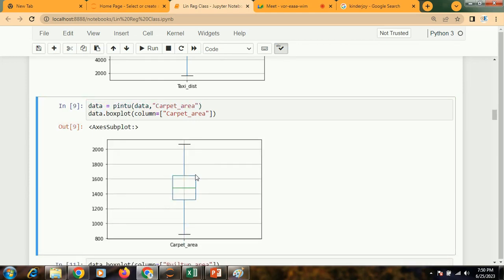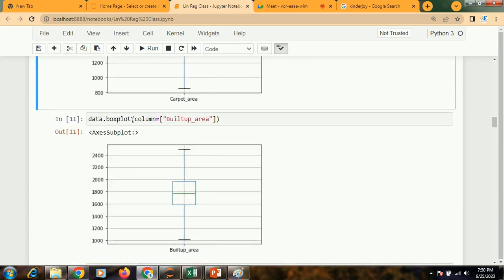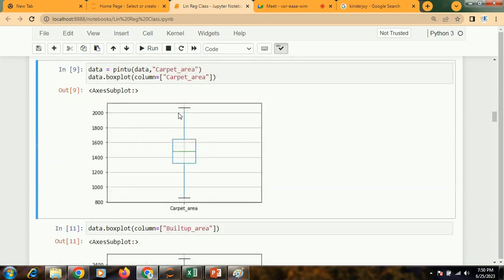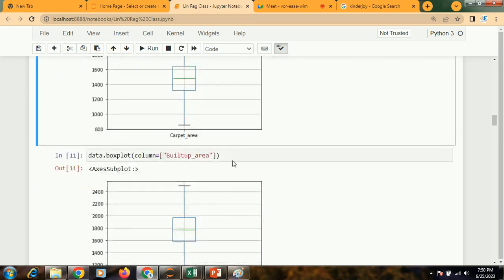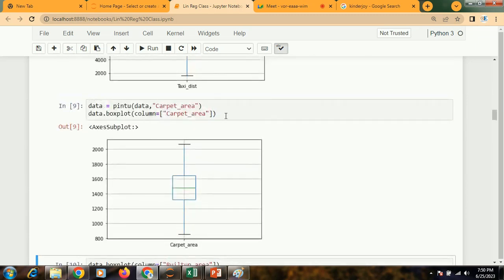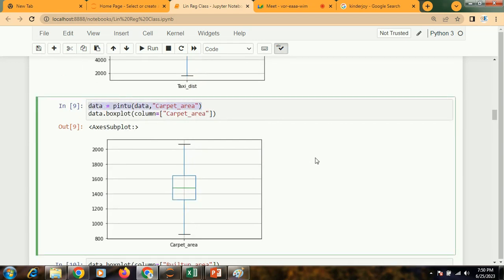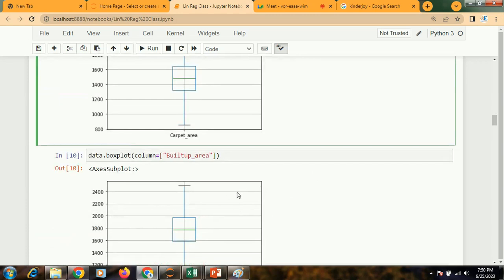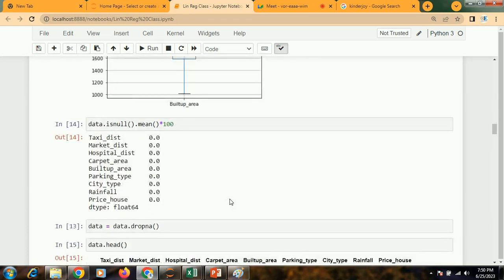Yes, they are gone. For built up area, first we are going to check if there are outlier values in your built up area or not, like with a box plot. If there are no outliers, then do not run this code, because unnecessarily more data points will be deleted. Then don't execute it just for fun.